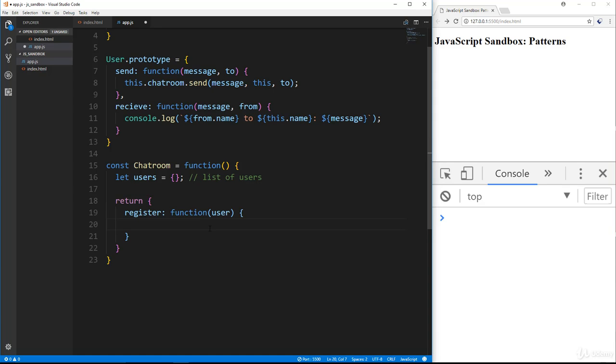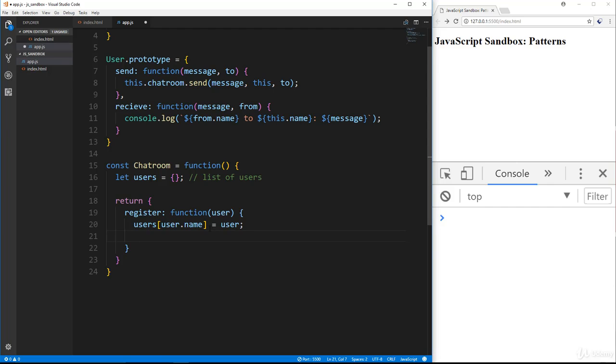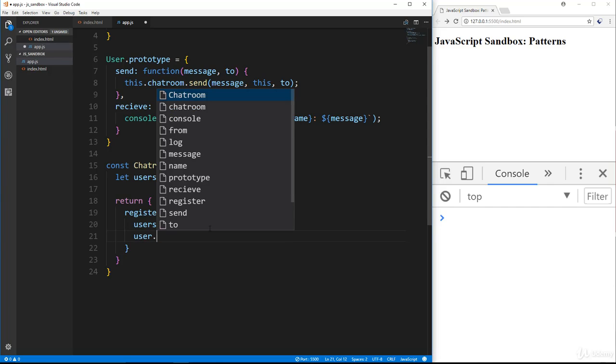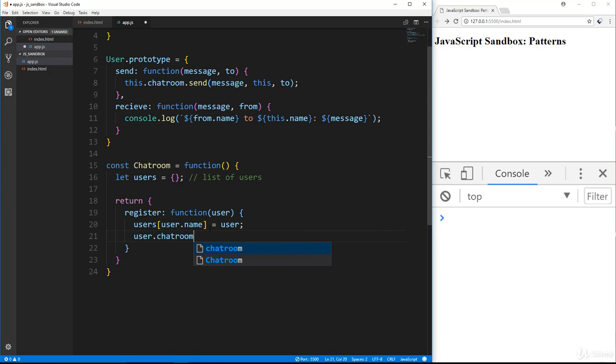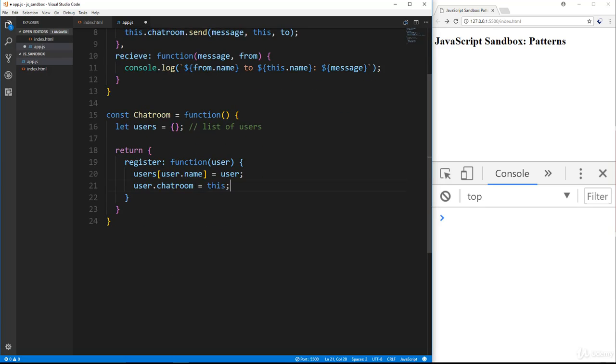Okay, and then we're going to set users, and as a key we're going to use user.name. So user.name, and we're going to set that to the user that's being passed in. And then we just want to set user.chatroom to this, to the current chat room. If we look in the user constructor, this.chatroom is null by default, but now we're setting it to